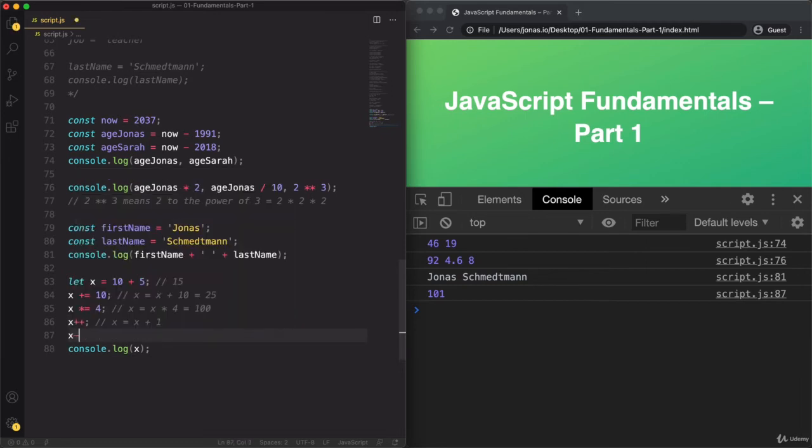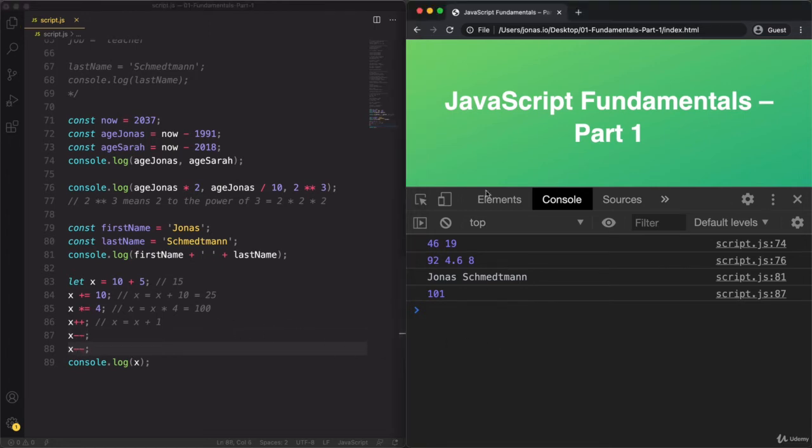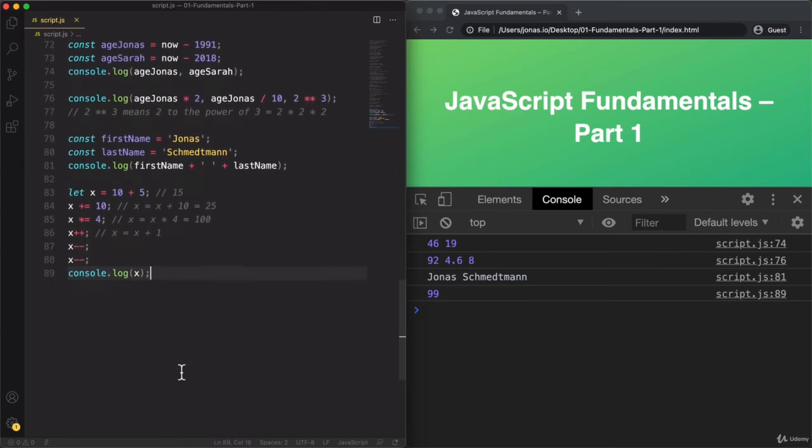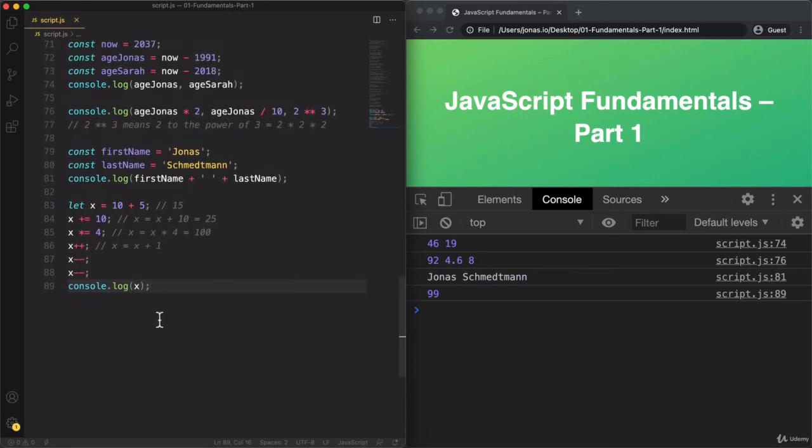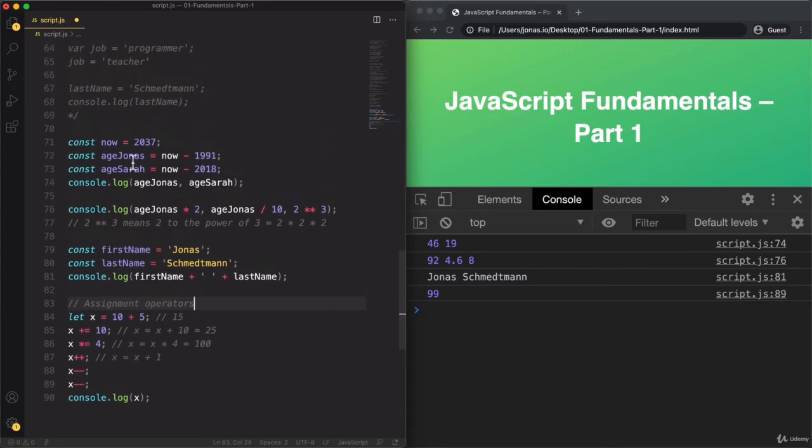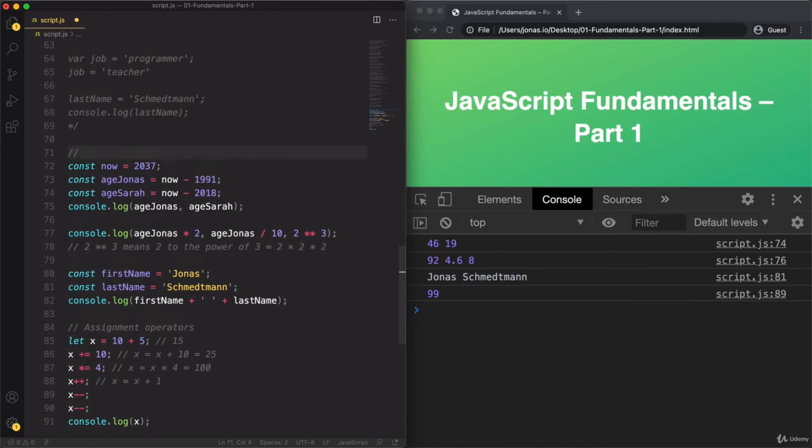And we also have x--. So if we do that twice now, what do you think will happen here? And indeed, we get 99. So -- is basically just the opposite of ++. So this one will decrease the value by 1, and so we end up with 99. Okay, so let's actually write that these are assignment operators, and these are, let's say, math